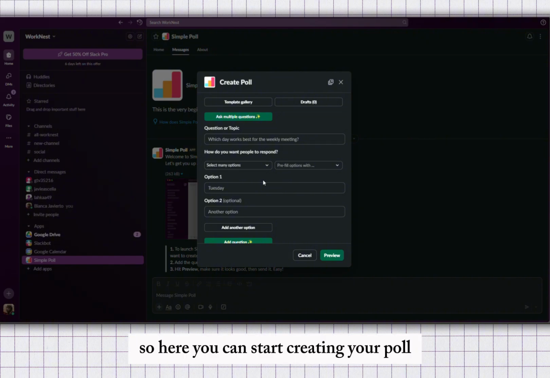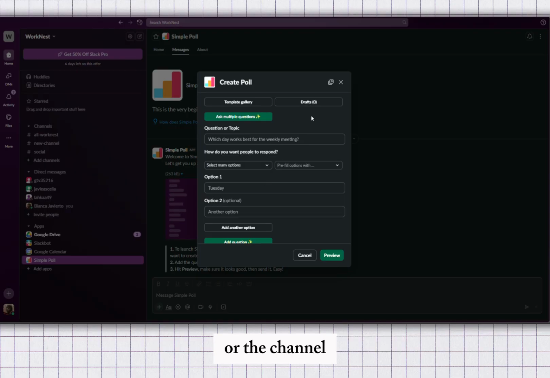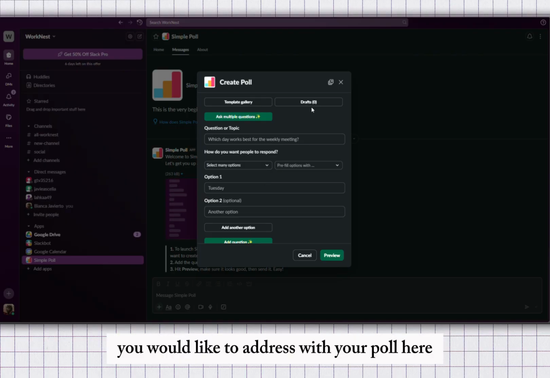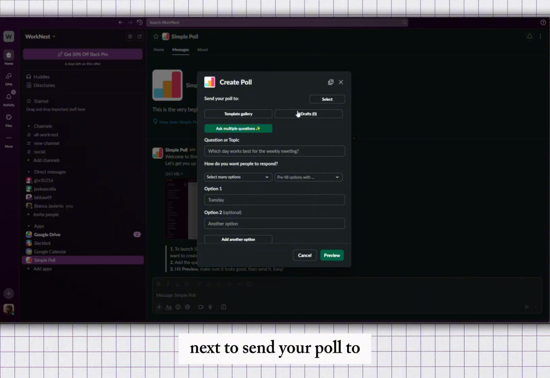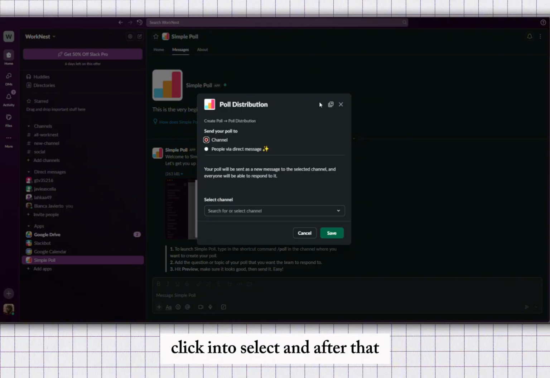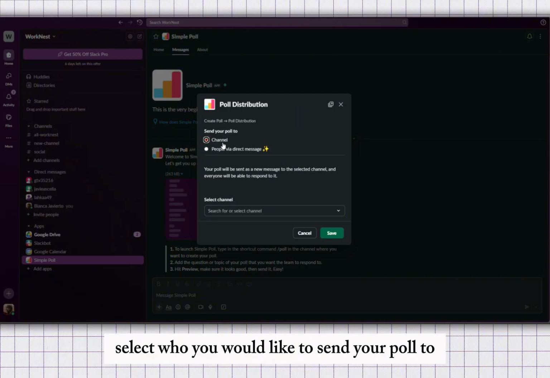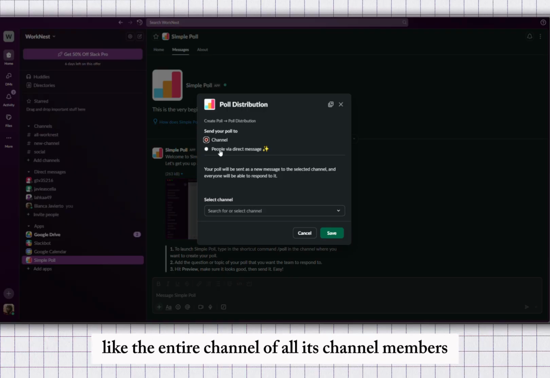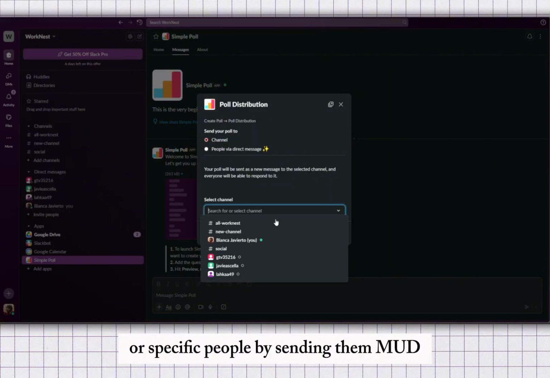So here you can start creating your poll. Start by selecting the recipients or the users or the channel you would like to address with your poll. Here, next to Send Your Poll To, click into Select, and after that, select who you would like to send your poll to, and who you would like to participate in it, like the entire channel of all its channel members, or specific people, by sending them